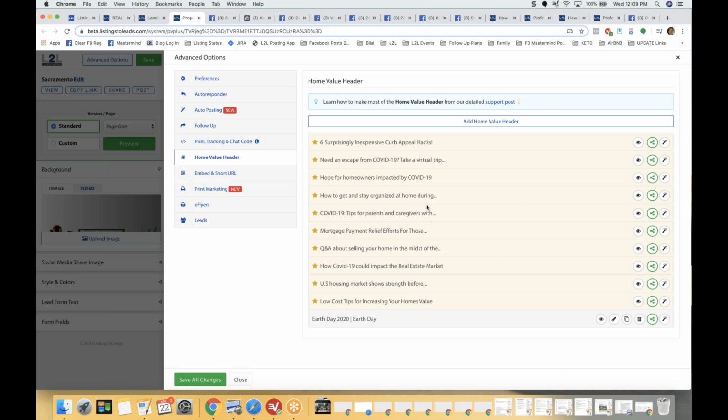We're going to be adding content categories, tags. It's going to be organized into collections based on content categories. It's going to be a main navigational section within listings to leads, similar to listings, landing pages, and it's going to be, I can't remember what we're calling it. Maybe coming out of content or library. I can't remember what the tab name is going to be. But for now,